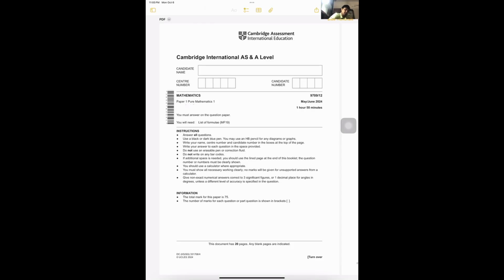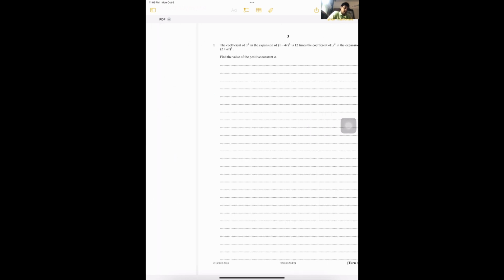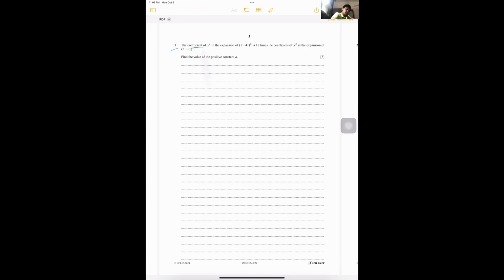Hey everyone, so today we will be solving a Pure Maths Paper 1, 9709 variant 12, May/June 2024. We have 1 hour 50 minutes and it's 75 marks. Let's begin. Question 1. The coefficient of x squared in the expansion of this is 12 times the coefficient of